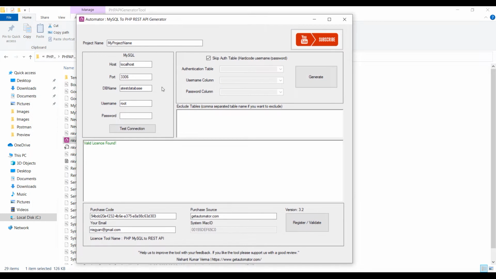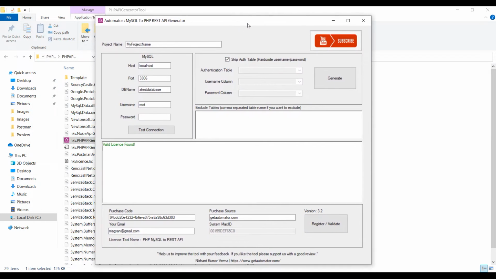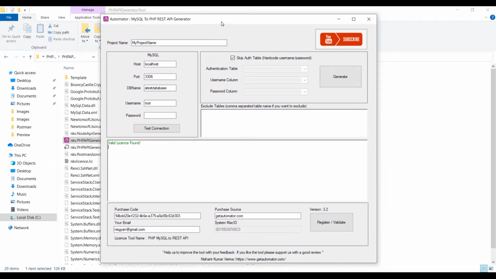Okay, so this is the generator tool. You don't have to install any exe or anything. It's just a one-click exe which can help you generate unlimited REST APIs in PHP. If you see the interface here, to generate the REST API, what information we need is the MySQL database details to connect to your database and then analyze your database to generate the actual PHP code.